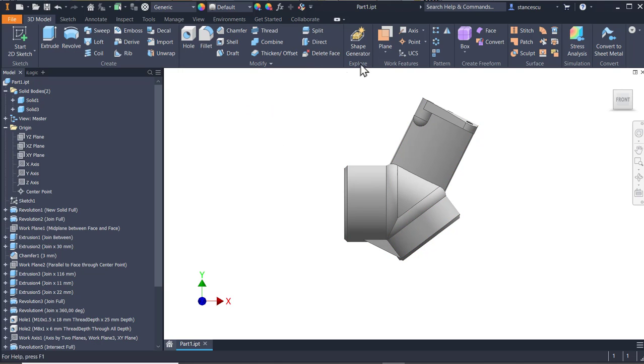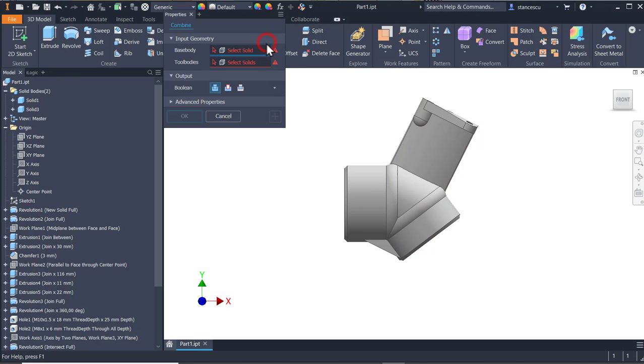I apply combine by selecting this base body, cut, and the other body, which is this one. I can select them from here. Okay,